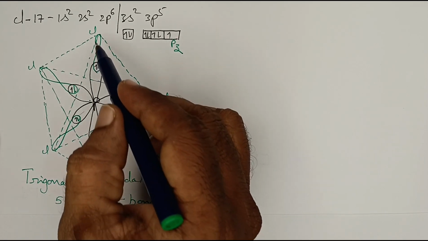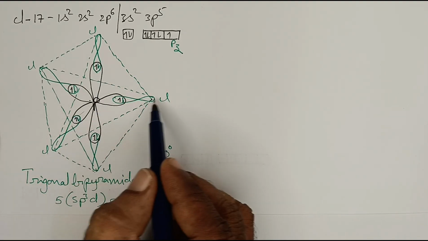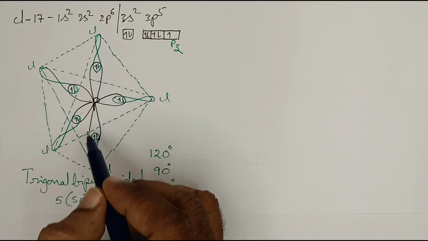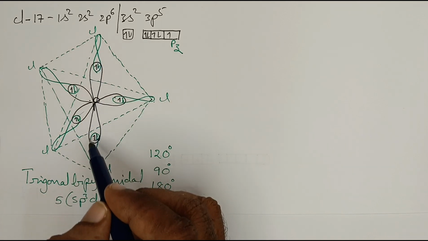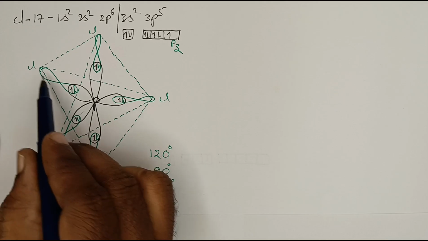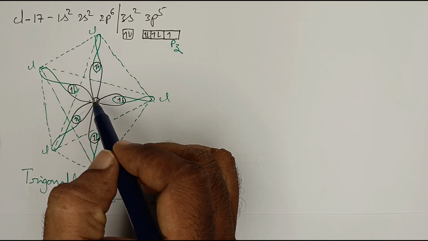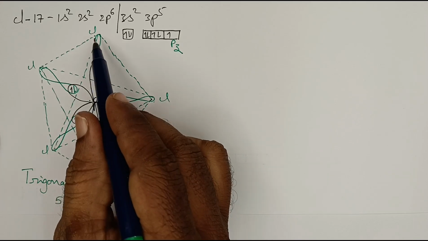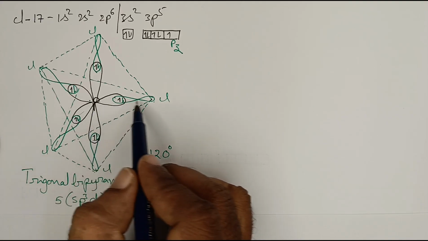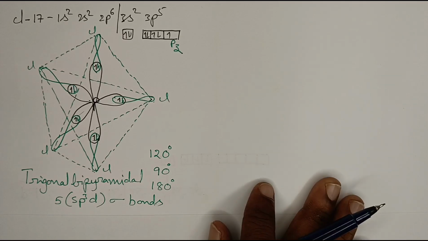PCl5. So these two bond lengths are more than that of these three bond lengths. The PCl bond lengths in the axial position are greater than that of the PCl bond lengths in the equatorial position. So we have to remember this one. In the second example,